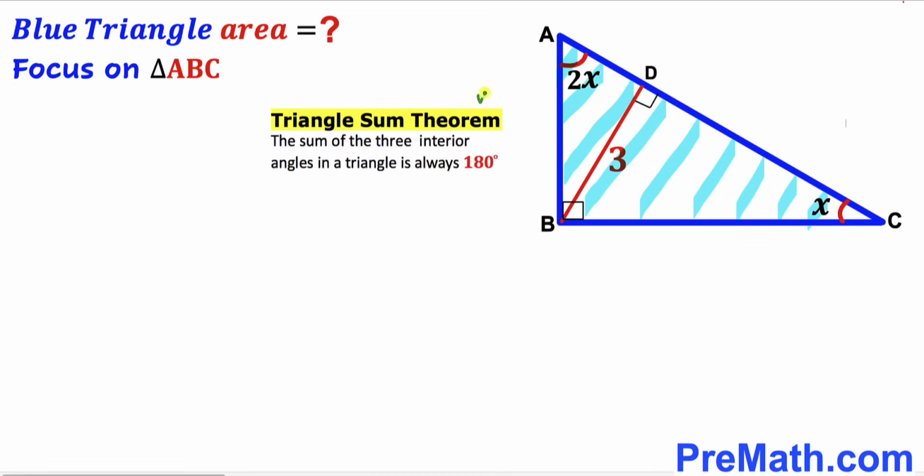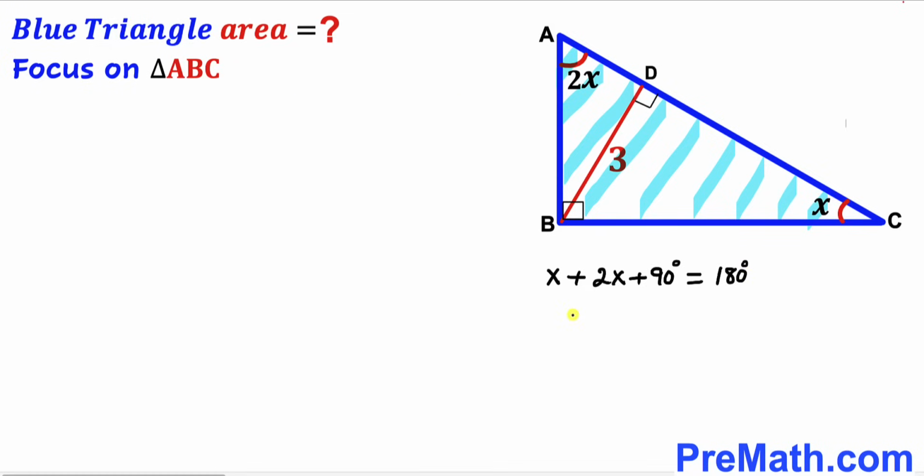And now let's recall the triangle sum theorem. According to this theorem, the sum of 3 interior angles in a triangle is always 180 degrees. And now let's focus on these 3 interior angles, X, 2X, and this 90 degrees angle. Let me go ahead and add those angles. So our angle X plus angle 2X plus 90 degrees angle must be equal to 180 degrees. So this is going to give us 3x plus 90 degrees is going to be equal to 180